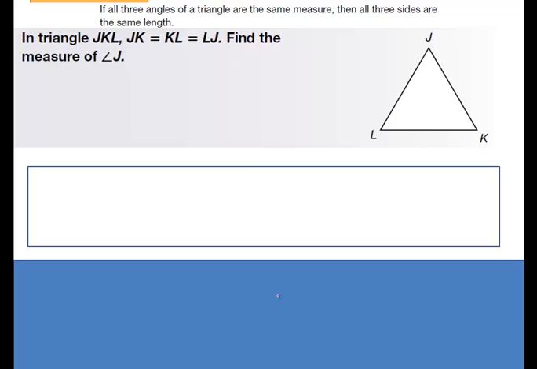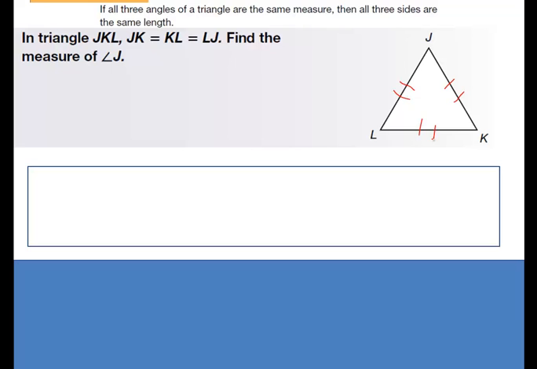So if triangle JKL here that we have on the right, if JK is equal to KL and KL is equal to LJ, so if we can say that they're all the same, we've got an equilateral triangle, don't we? So how would we find any of these measures, J, K, or L? In this case, it just asks us for J. Well,